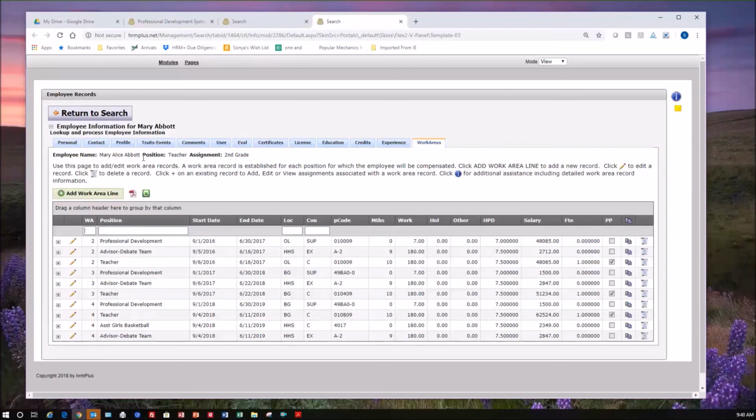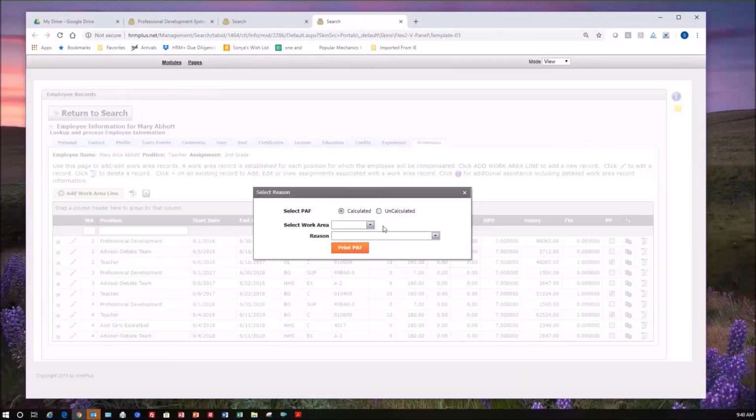Here you'll see their name, their position and assignment if you're maintaining the assignment, and then some little instructions for you. The Add lets you add a record. Pencil lets you edit a record. The PDF icon, and I'm going to go ahead and click this now, will allow you to print a payroll